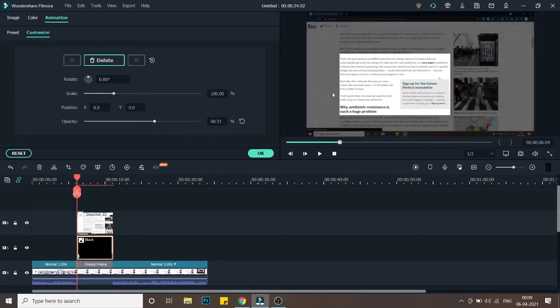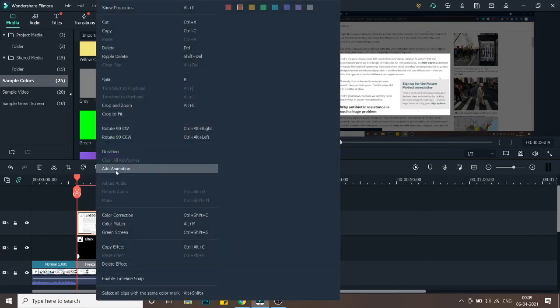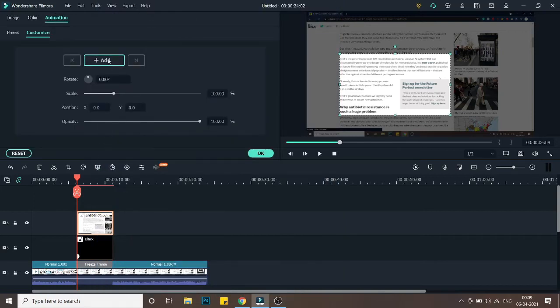So as you can see, this is 60% opacity. Click on OK. Then we'll click on the snapshot, and now from here we want the snapshot to be zoomed in. So what we'll do, again we'll right click on add animation, click add over here, go a few frames ahead,